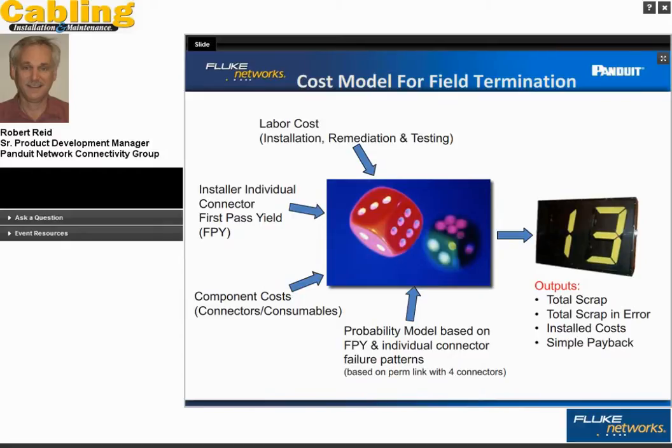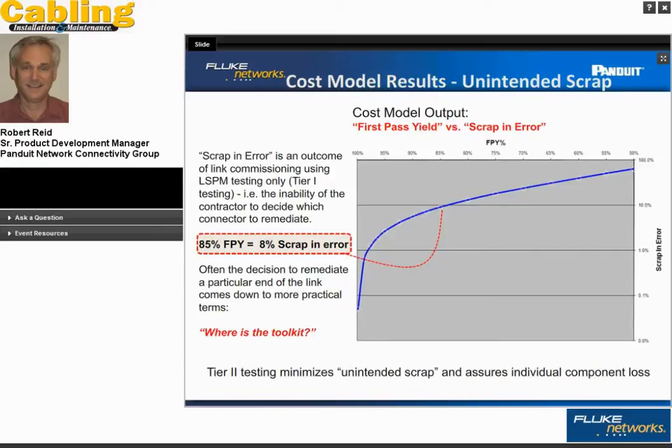So again, this is a model that we've built, and I'm going to go through in the following slides focusing on those outputs, the installed cost. And what I hope to show is that there is really a great value and a simple payback in doing Tier 2 testing and finding out immediately which connector end failed. And again, a bit of an eye diagram here, but the crux of this is